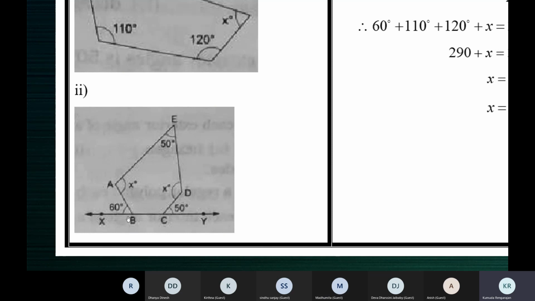See, this is the straight line. The side CB is produced. When you produce the side of a polygon, an exterior angle is formed. This is the exterior angle and its measure is 60 degrees. This is its corresponding interior angle. Interior angle plus the exterior angle will be equal to 180 because they stand on a straight line. Both of them make a straight angle. So if the exterior angle is 60 degrees, the interior angle will be 180 minus 60, 120 degrees.